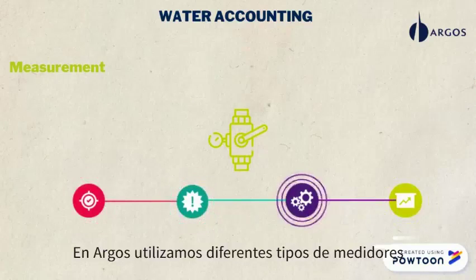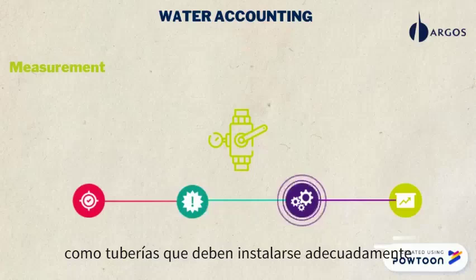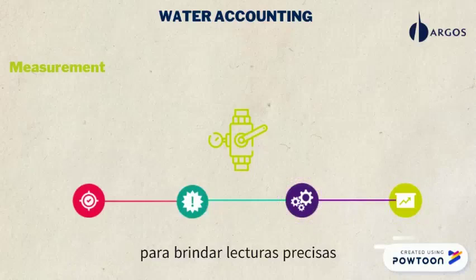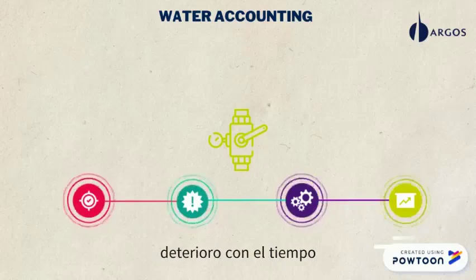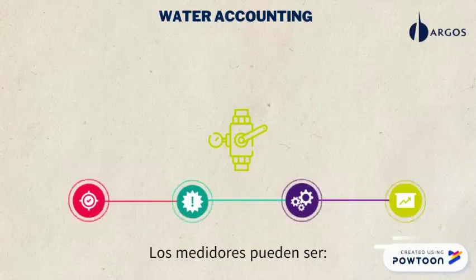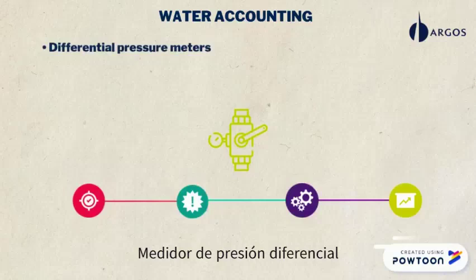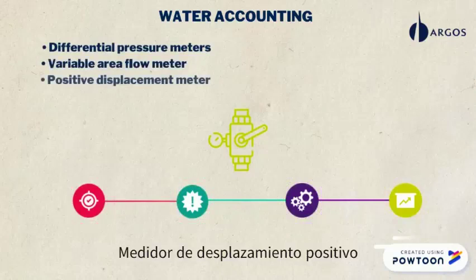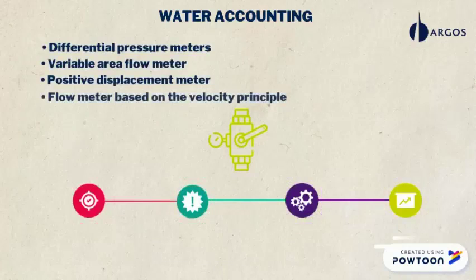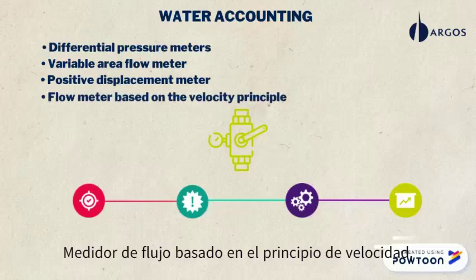In Argos we use different types of meters which could be piping meters that should be properly installed so they will give accurate readings, and due to their deterioration over time need current maintenance and calibration. The piping meters could be differential pressure meters, variable area flow meter, positive displacement meter, flow meter based on the velocity principle,